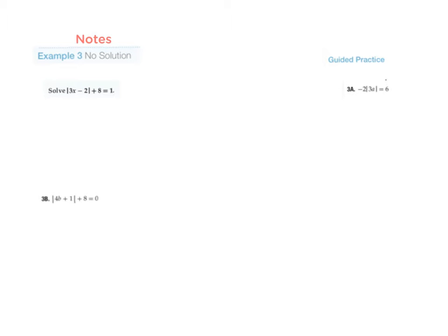And these types of problems that we're going to do with absolute values now end up with no solution, and I'm going to go ahead and show why they end up with no solution. So we want to solve these. The first thing we want to do with any absolute value is get it by itself. So we have to minus this 8 to both sides, and that gets the absolute value by itself,